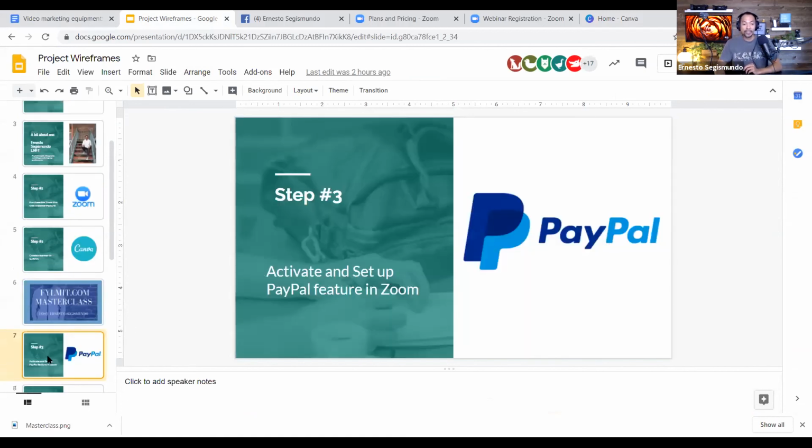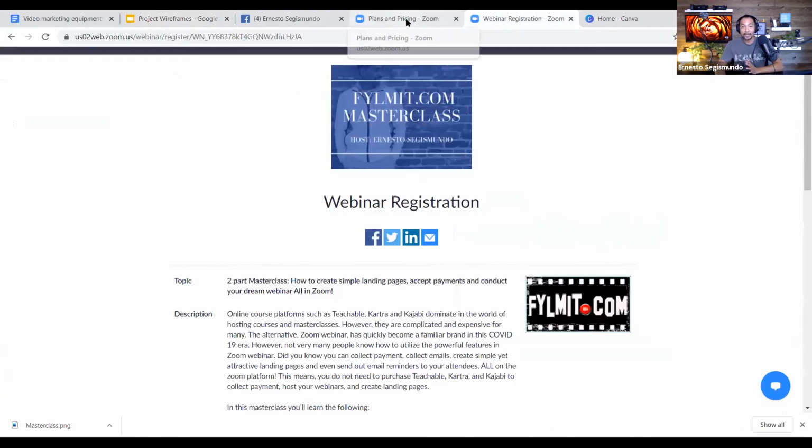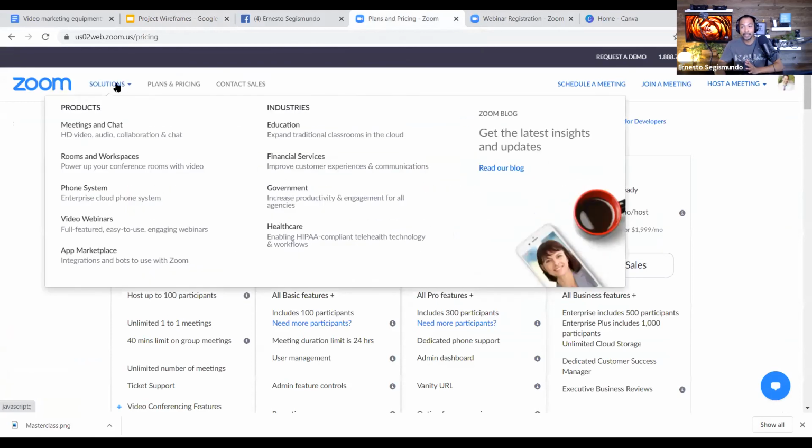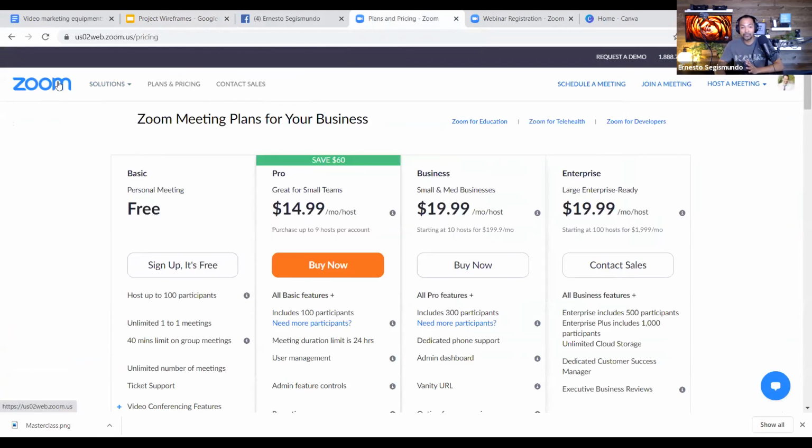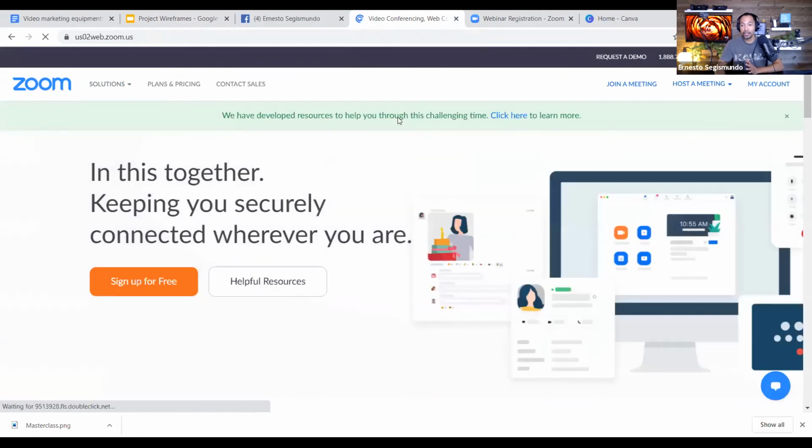All right. So the next step, step number 3, okay, not 2, 3, is to activate and set up the PayPal feature in Zoom. Now, this is the beauty about PayPal, okay? There's Stripe, there's all kinds of platforms out there to receive payment, but PayPal is actually the best at this point, and unfortunately, I believe that's the only payment form that Zoom allows. So I'm going to go into my